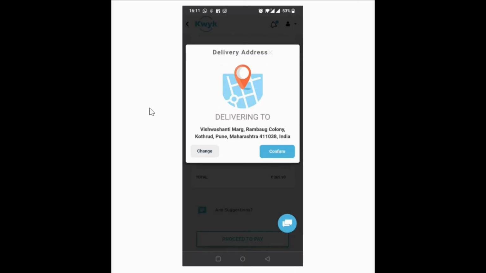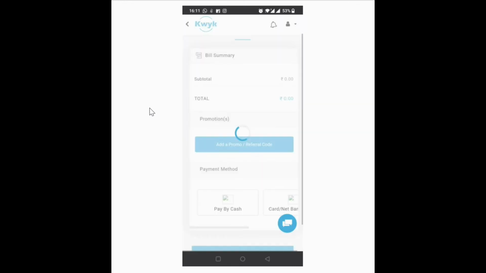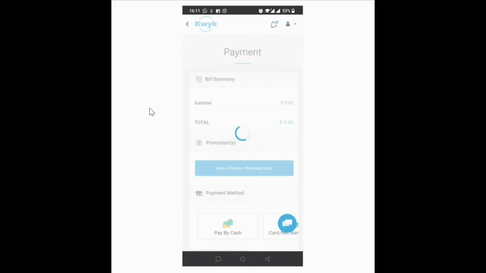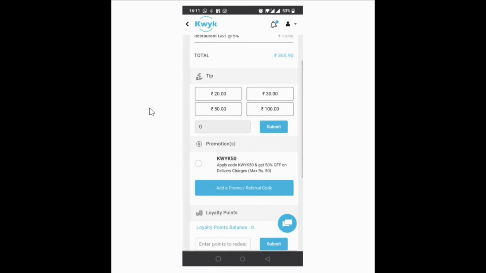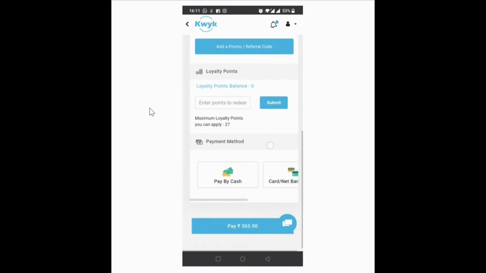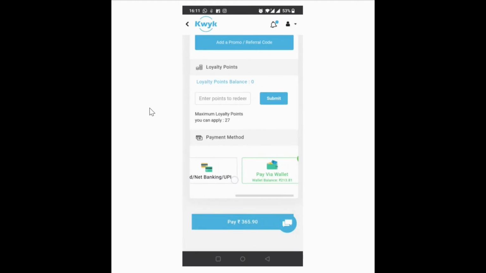Here also we are asking for address confirmation. Once you confirm the order, it will redirect you to the payment page. Again, the same payment options are available over here. And once you pay, the order will be placed and delivered quickly.